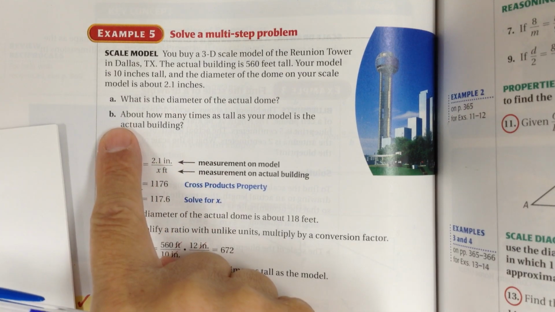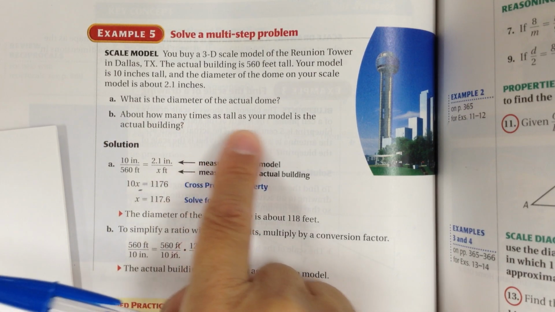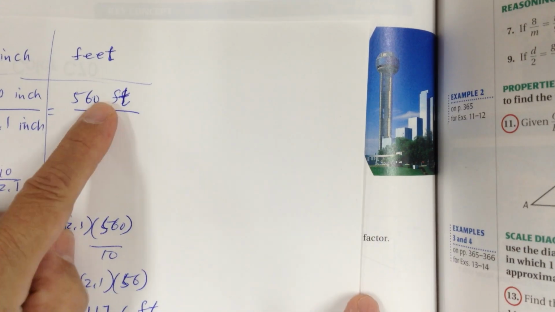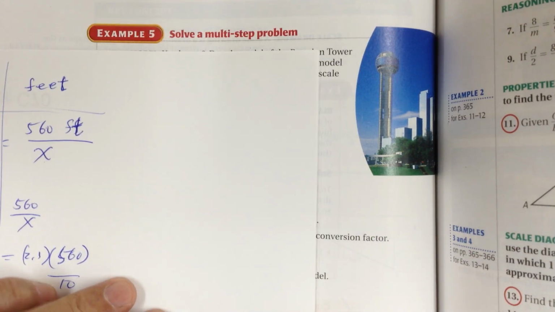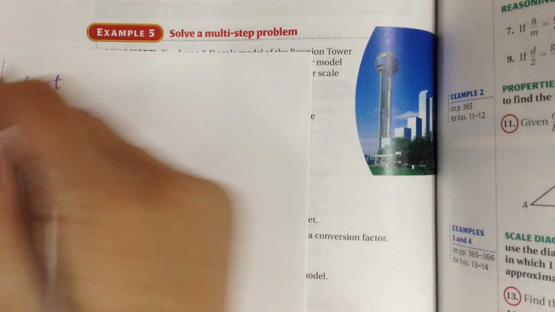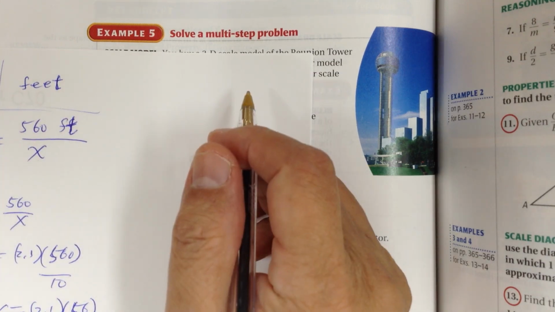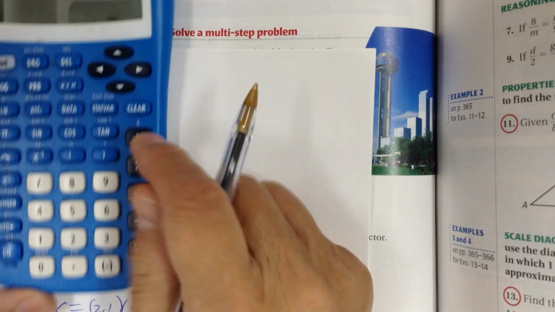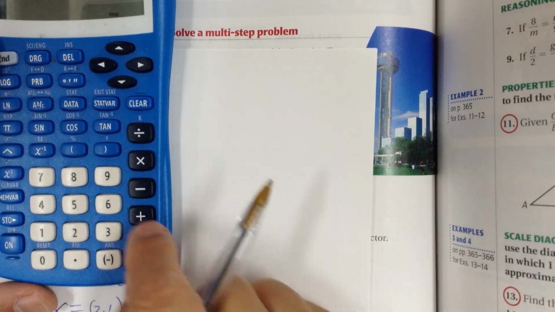It says, how many times as tall as your model is the actual building? So how many times is this as big as that? Well, first, when you're going to compare, you have to have the same unit. So you multiply by 12 to get inches. So 560 times 12 equals